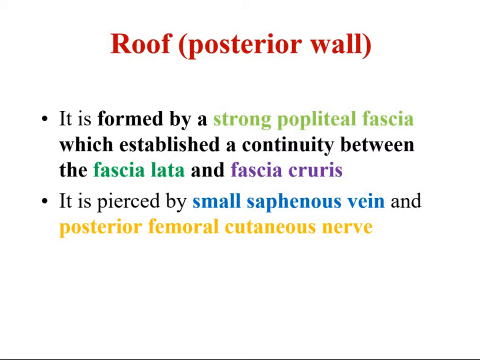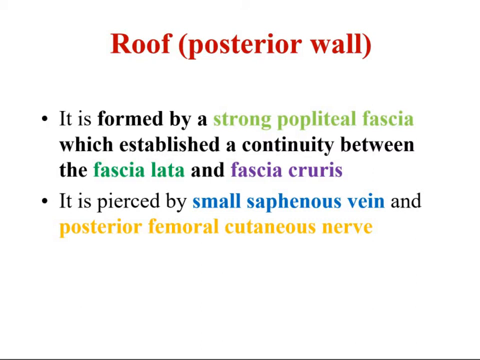One and the same thing. So it forms the continuity between the fascia lata and the fascia cruris. Here it is pierced by the small saphenous vein and the posterior femoral cutaneous nerve, as well as...